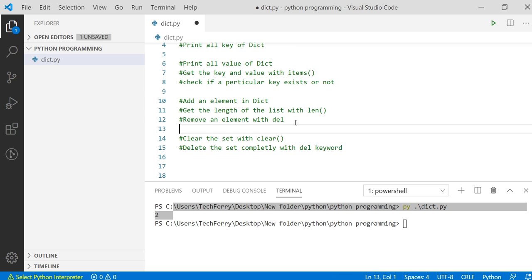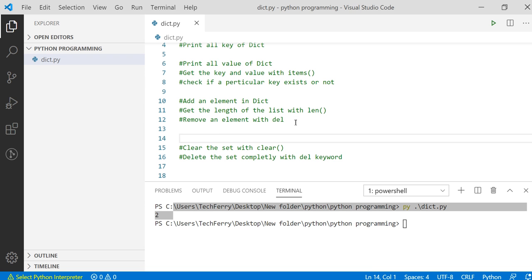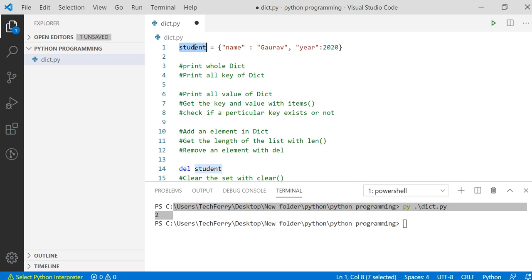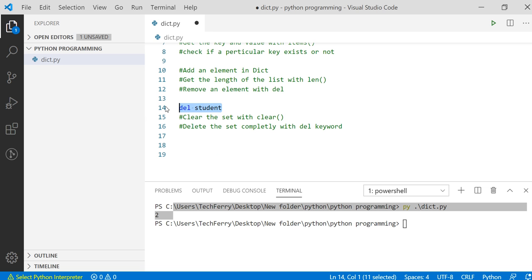Now to remove a particular element from a dictionary, we can apply delete. We know that if we use delete student, it will delete the whole dictionary completely, but we want to delete a particular element. In that scenario we have to write it like this, and we have to pass the element over here.